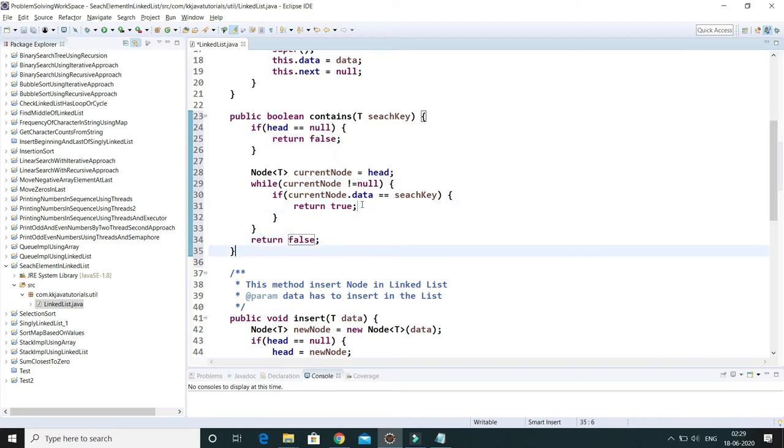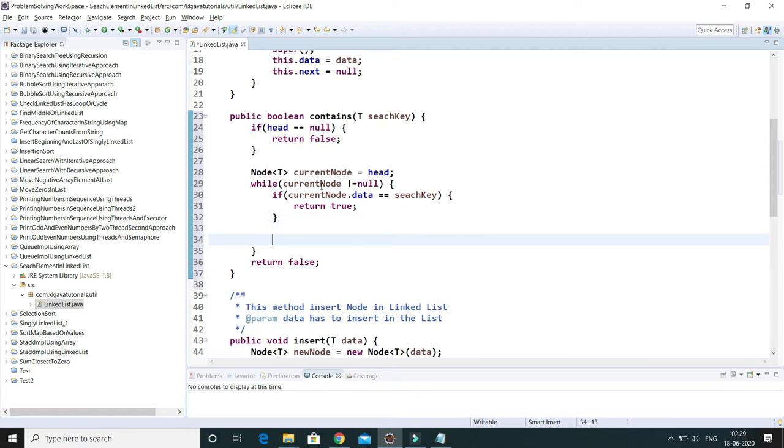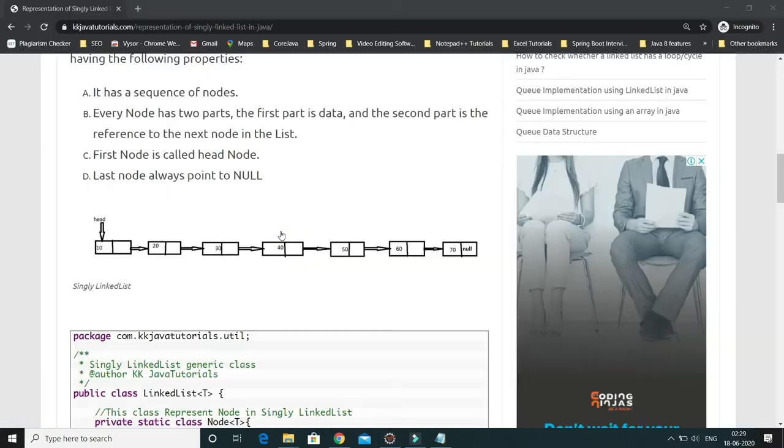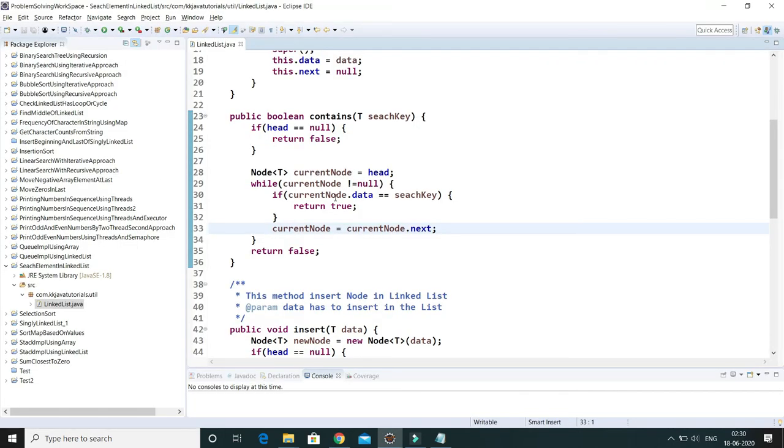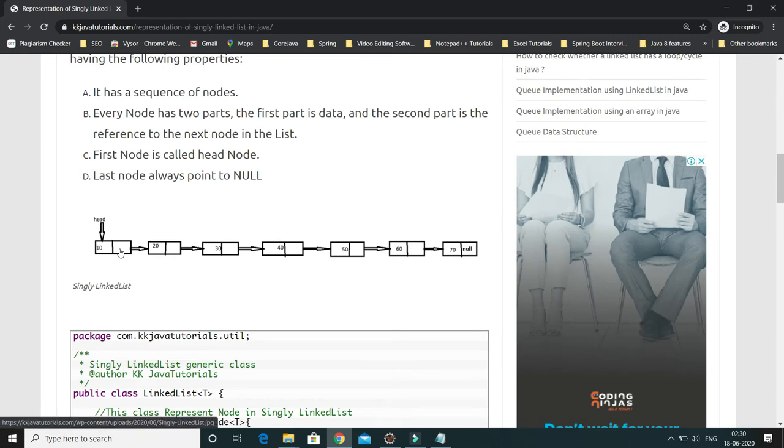And of course we have to traverse throughout the linked list, so we do current equals current dot next. Otherwise the cursor will not move. The idea is that I have assigned head to the current node, extract its data and compare it with the search key. Again I'm doing current dot next, so this will go to the next item.